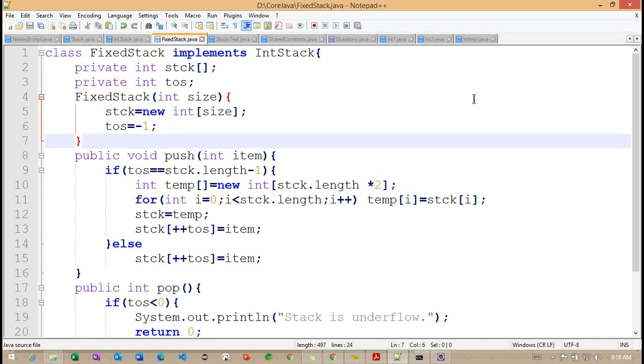This particular static method was also introduced in 1.8. Basically, we are going to call the static method with the help of the interface. Let's see how we can define the static method.